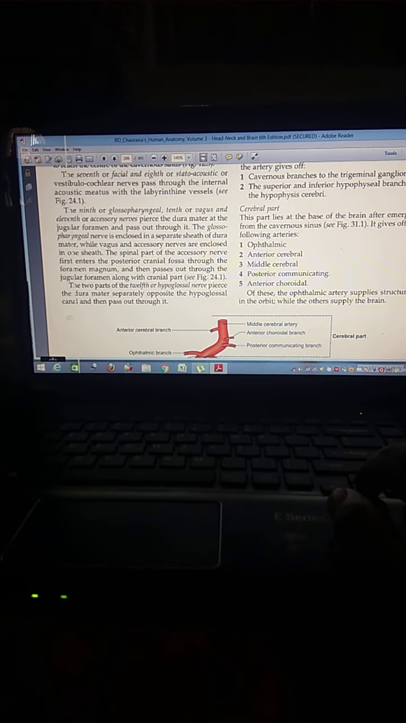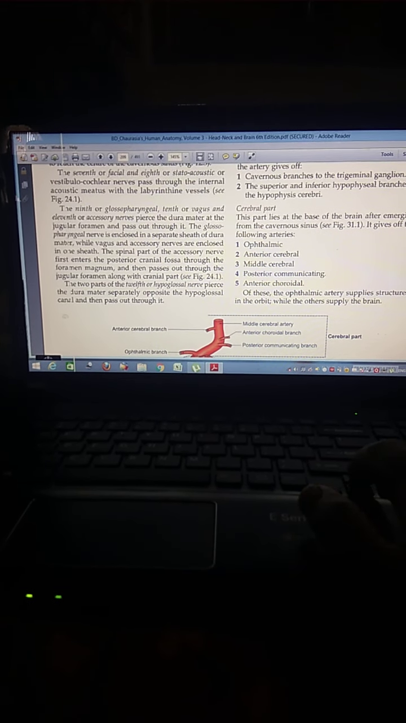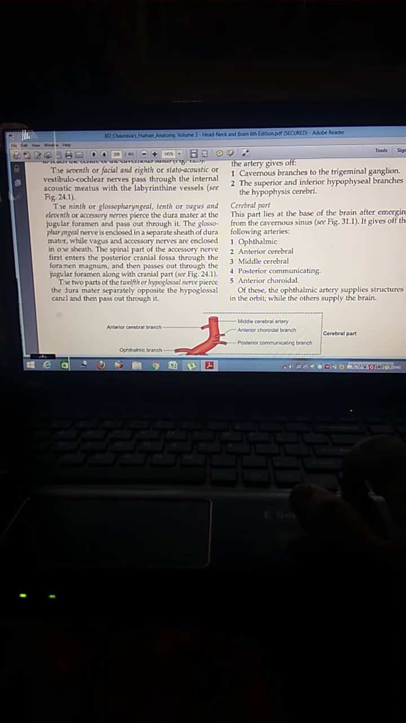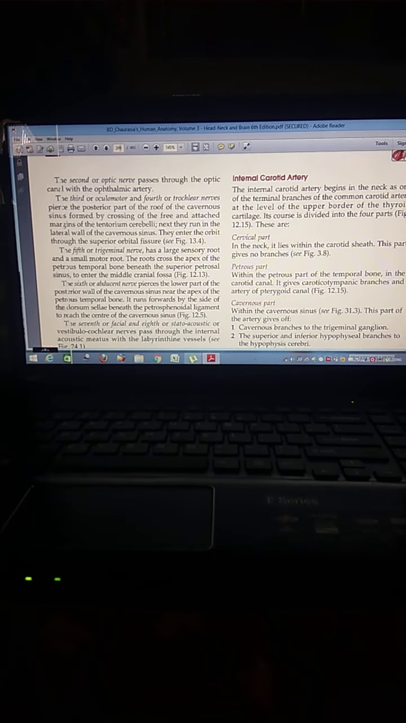And the glossopharyngeal nerve is close to a separate sheath of the dura. And the 12th, hypoglossal nerve pierces the dura separately, opposite the hypoglossal canal, and passes through it. Now, the internal carotid artery. The internal carotid artery begins in the neck as one of the terminal branches of